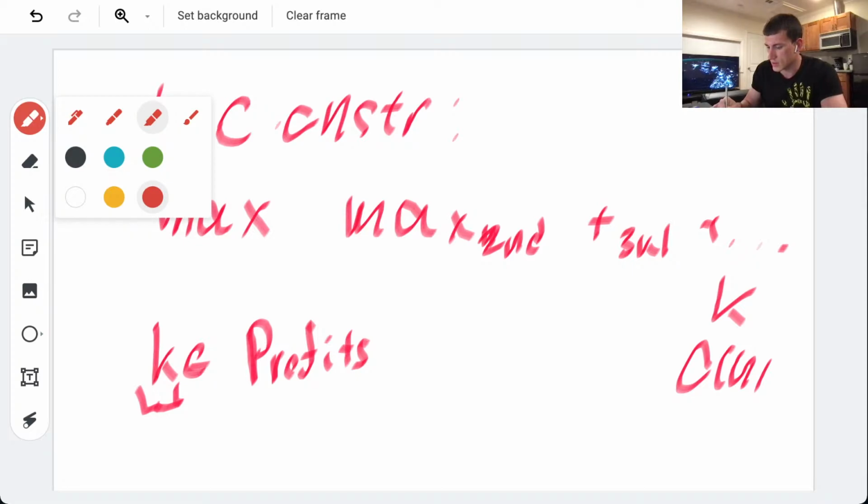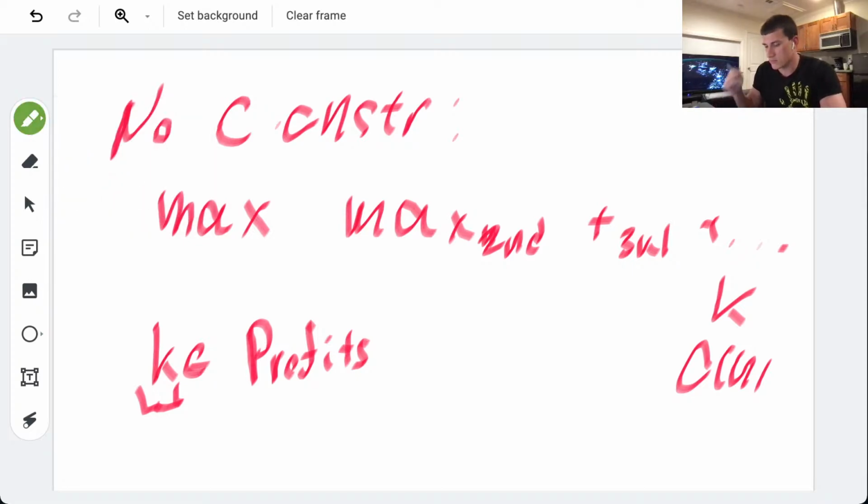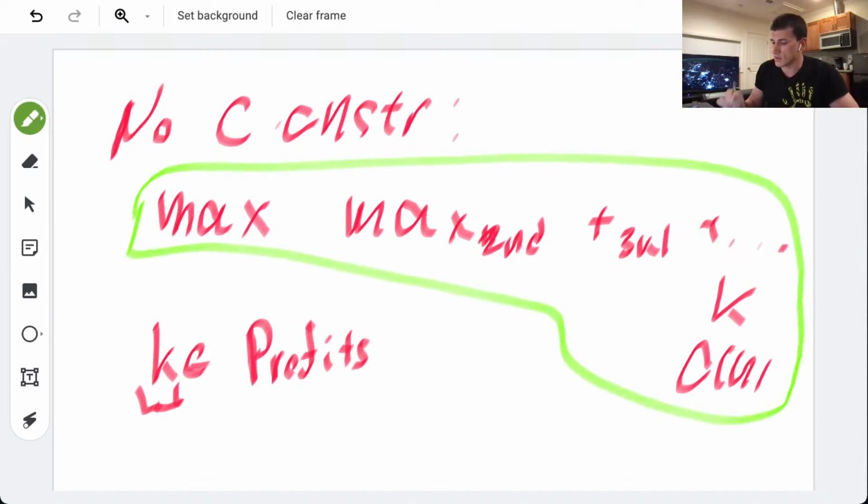This is our... so the maximum profit we can get obviously is this, right? This is the max, assuming no constraint, and it can be found in O(n) time basically.